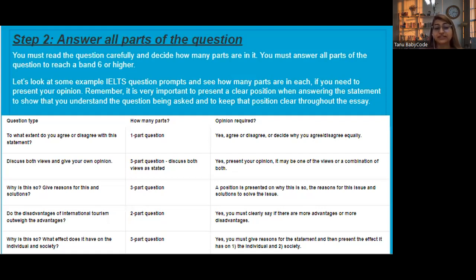Second question says, discuss both views and give your opinion. Now, this type of task has three parts: first view, second view, and the opinion. So, there are three parts which you need to describe. Yes, you have to present your opinion. It may be one of the